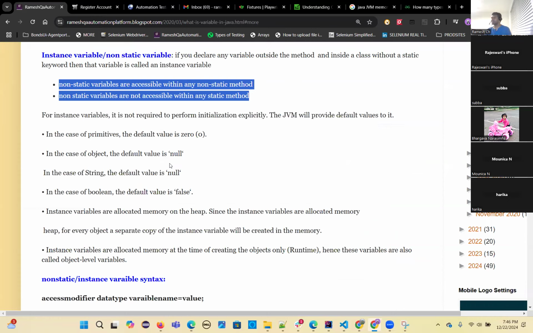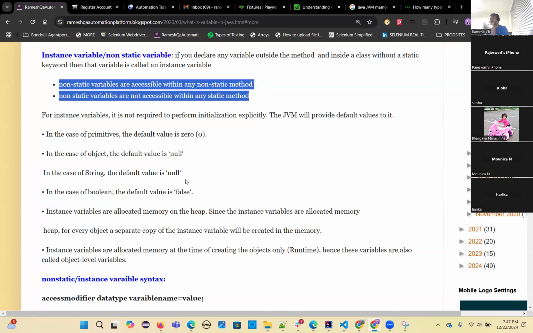Declaration means access modifier, data type, variable. That's a declaration of any variable. And JVM will provide default values. If you don't assign any value, JVM will give default values for any non-static variables based on the